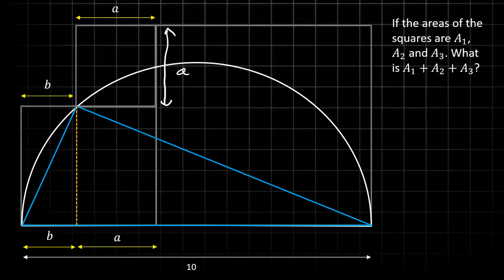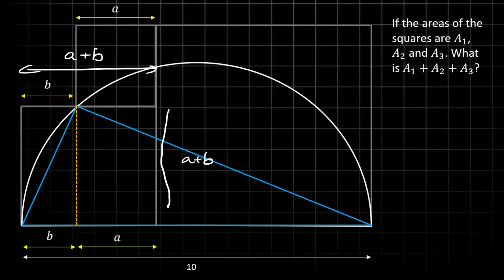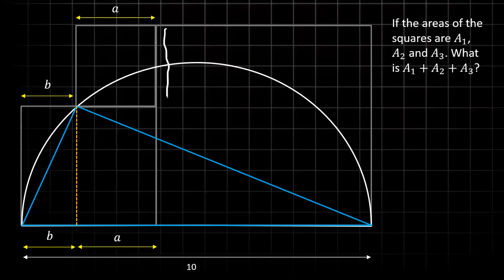Now tell me, what is this then? What is this? I'm going to erase the A. What is that? It's A plus B, right? It's A plus B. Everybody agrees with that. Then do you agree that this is also A plus B? I can do it directly, but I'm doing it slowly. That will be very obvious to you guys. Okay, this is A plus B. So this whole length is A plus A plus B. So this whole thing is 2A plus B. Yeah, so this side is 2A plus B.